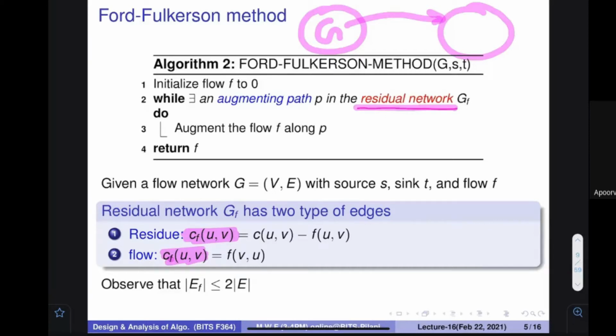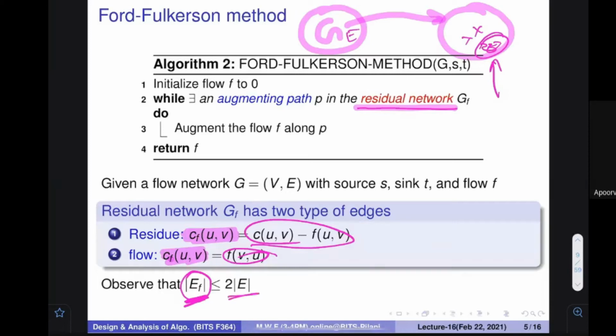Very interestingly, if something becomes zero, for example, if this value becomes zero or this flow is zero, then you can drop those terms. But let's assume that you are not dropping anything. So for each edge in the original, you are going to get two edges over here. How many edges are there in the residual network? There could be double the number of edges in your original network. Make sense? Any questions over here? Can you write yes that we understood this concept? Can you write yes?